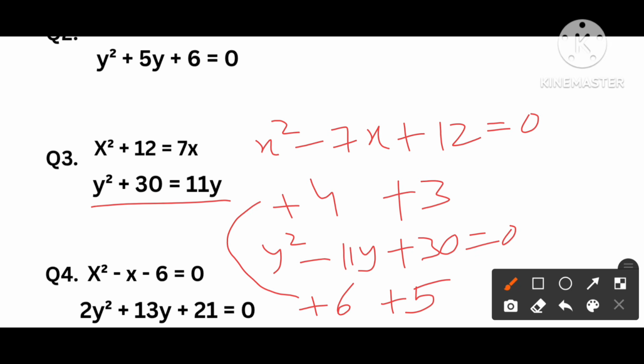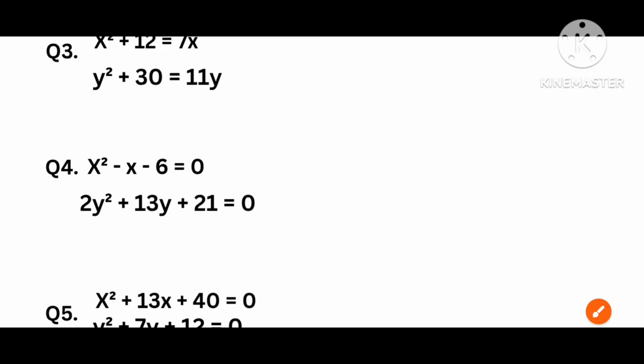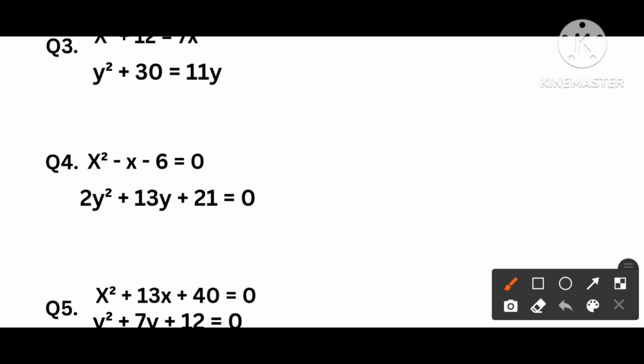Comparing these roots, it is clear that x is lesser than y. So the answer will be x lesser than y for the third question. Now we are moving to question number 4. Question number 4 says that 6. We need to get a unity 1. So 3 2 times, which will be 6. The difference between these two we get 1.